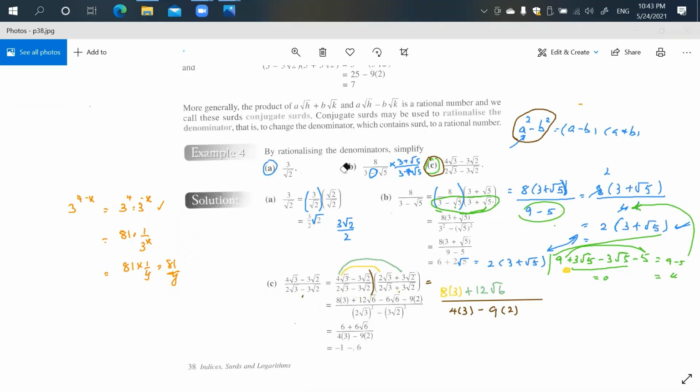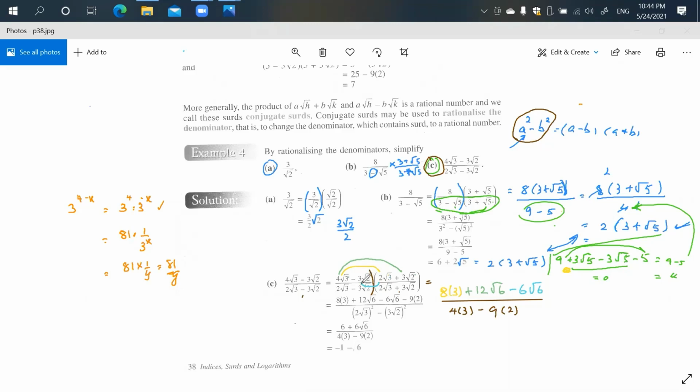Then more, see this one. After this, it's going to be the second term of the first bracket here: negative 3 root 2 times 2 root 3. So negative times plus becomes minus. 3 times 2 becomes 6. Root 2 times root 3 becomes square root 6. Okay, and then